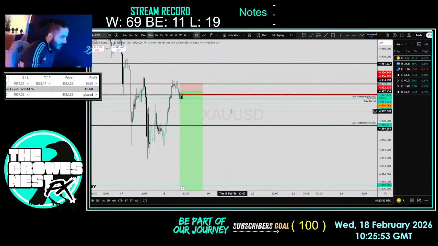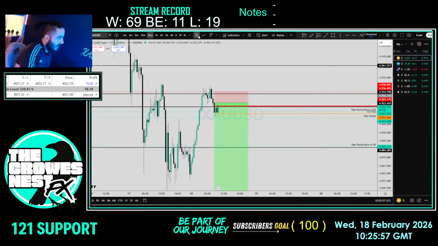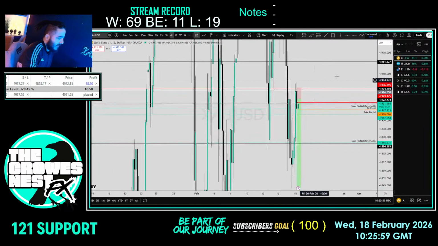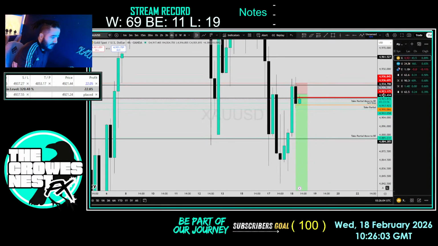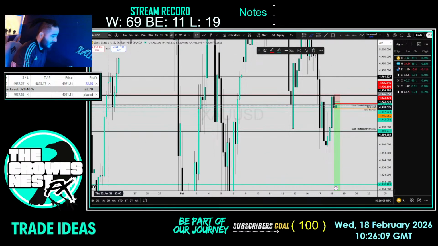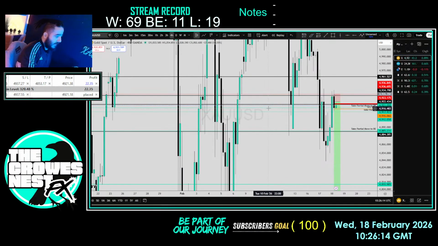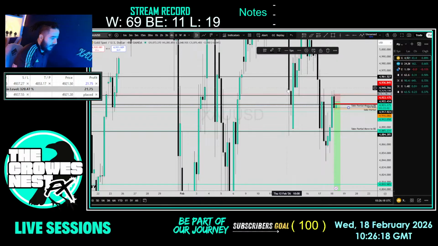So I'm just leaving this on, Dan. It's off the 4 hour basically, this trade. It's just a case of the 4 flipping. Can the 4 flip? The only thing that might catch us out here is just this level here. But I feel like the 4's closed below, so if we turn this into black, right? So if we do this on the 4,